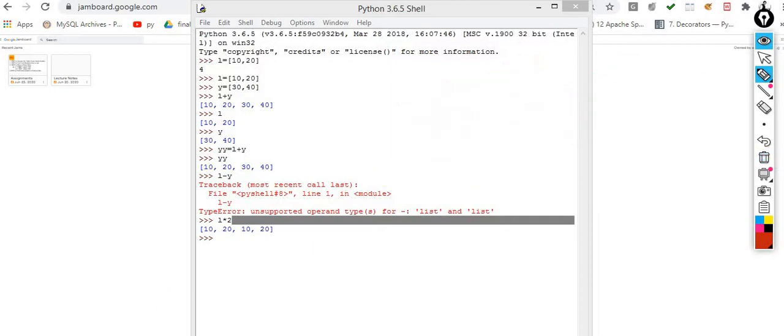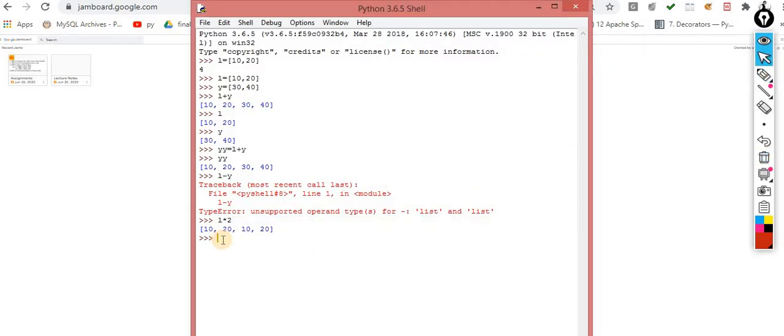So the next one is, L is equal to 10 20, Y is equal to, again I am taking the same items, 10 20. Very simple, L double equals Y. This is the comparison of these two. If the values are the same, the output would be true. Now let me change the value for Y. This time I am appending one more item and performing this. Now you will get the false output, because the values of L and Y are not the same. So this is the way.